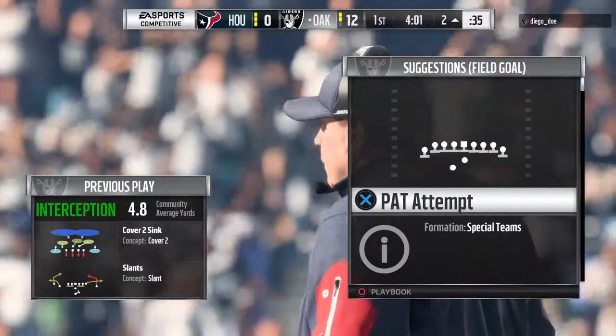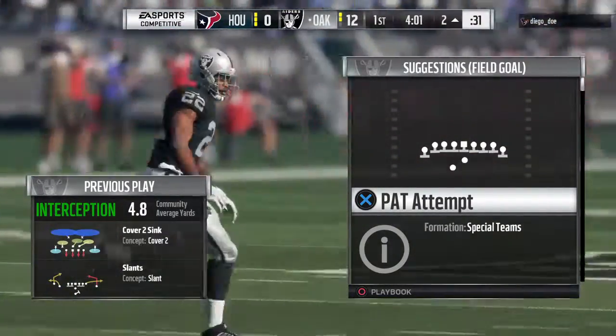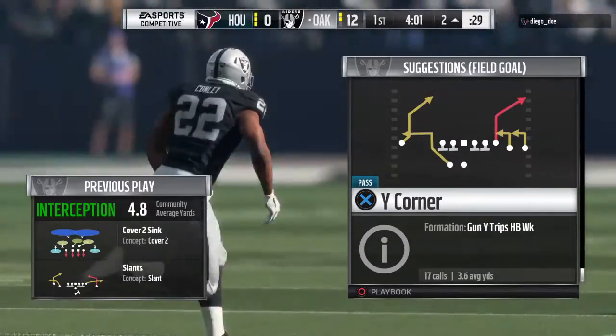We thought this defense would be opportunistic, and they were. Here, you're already up. Now you got a 2-touchdown lead. I tell you, going out there on defense, did they...